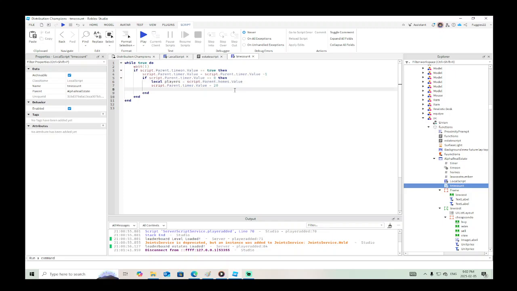We can say game dot players, find first child players, and then we can say dot leader stats dot cache dot value equals